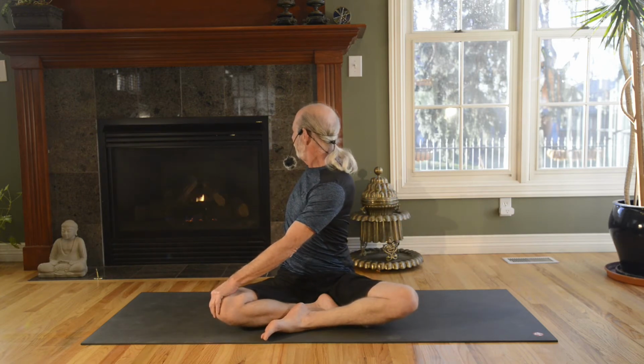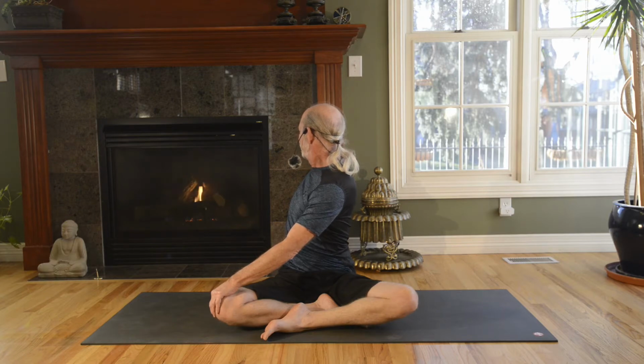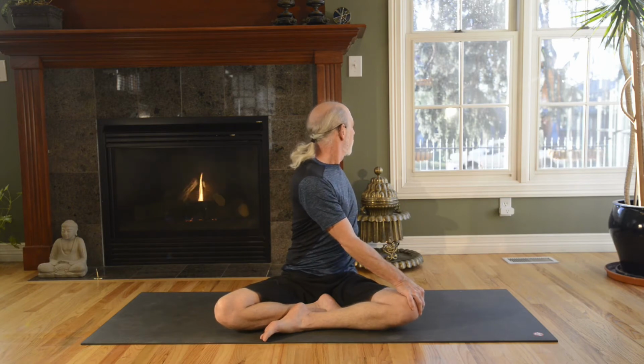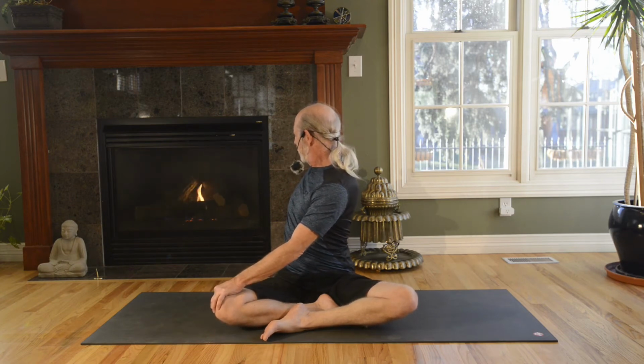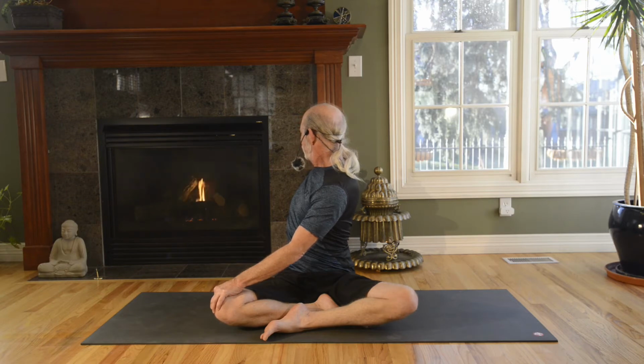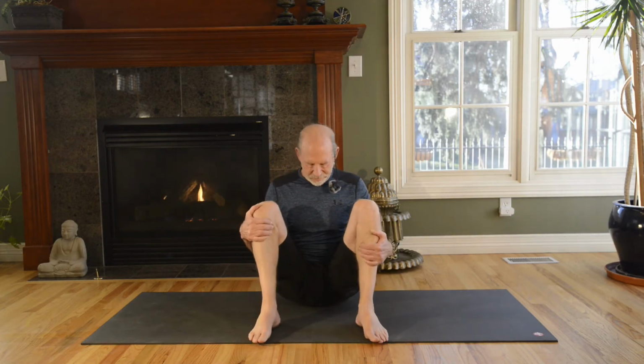And back to center, and right hand to left knee, draw the navel in and then pull the navel back to the left, and back to center. One more time on each side. To the right, and then off to the left. Keep your awareness, keep your attention on the hips, those joints, the muscles surrounding the hips, and then back to center. Now uncross your legs and bring the feet so they're a little bit wider than hip width apart,